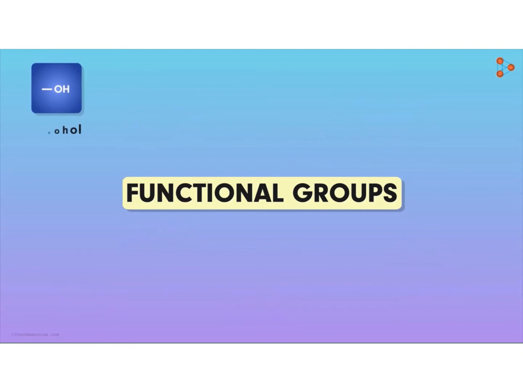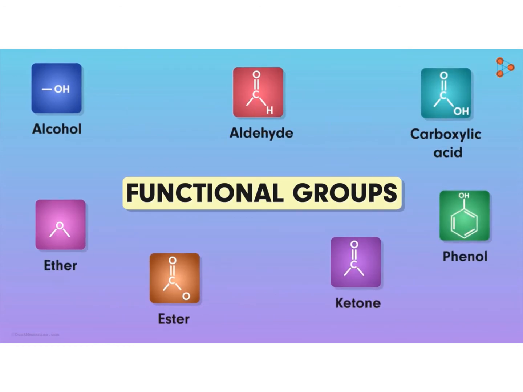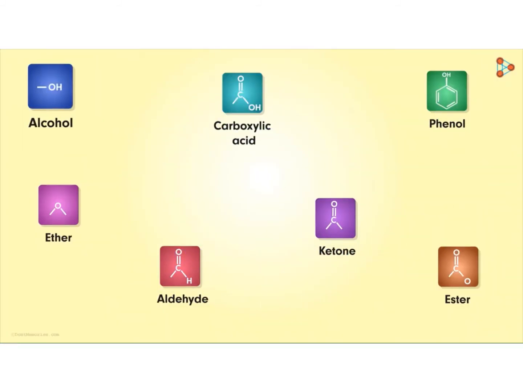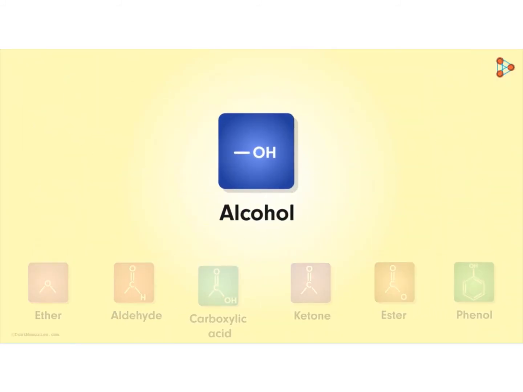Look at the structures carefully. What do you notice? It helps us understand that they have atoms which can form at least one bond with any other atom. Yes, at least one atom in the complete group is ready for bond formation. Let's understand this in a simple way. Say we focus on the structure of alcohol. This functional group has one oxygen atom and one hydrogen atom. That means a hydroxyl unit is what makes up the alcoholic group.